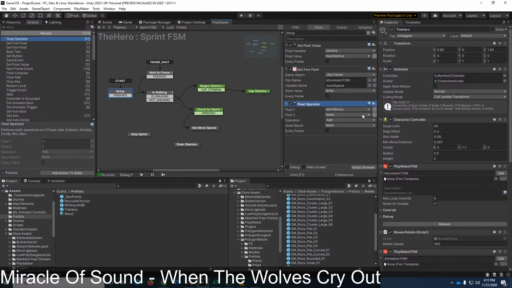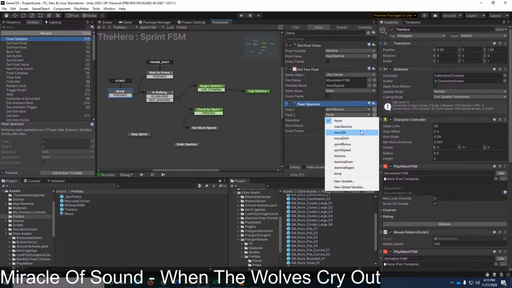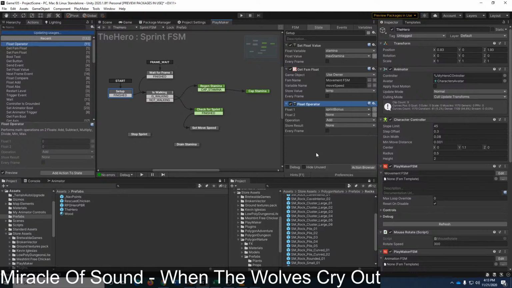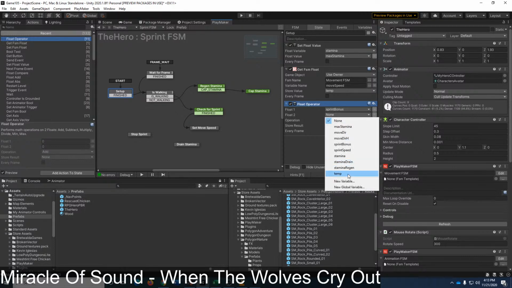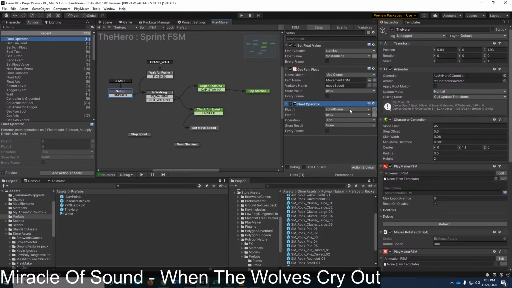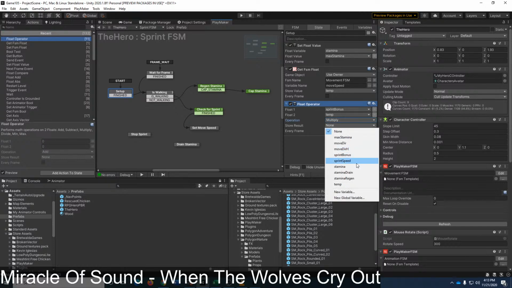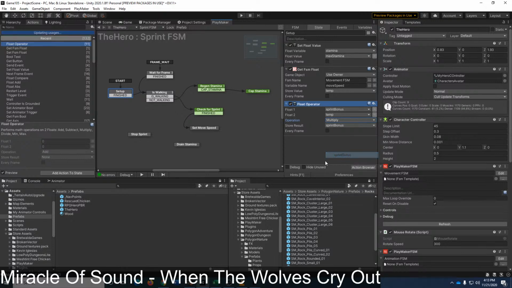So I'm going to take sprint bonus and the move speed that I just grabbed. Oh, right. It's in temp because I am a ditz. So I'm going to take those two and multiply them together, and store them back into sprint bonus.